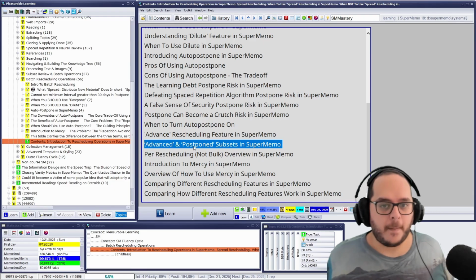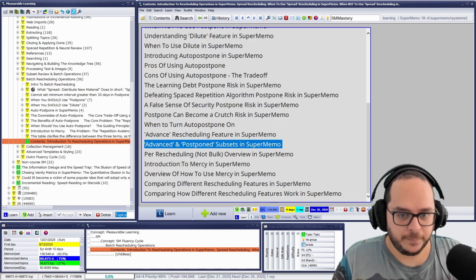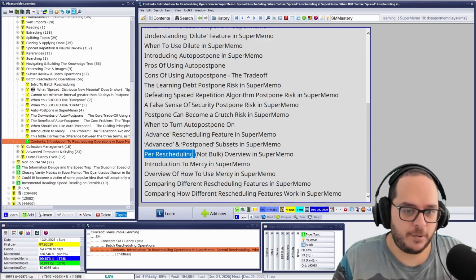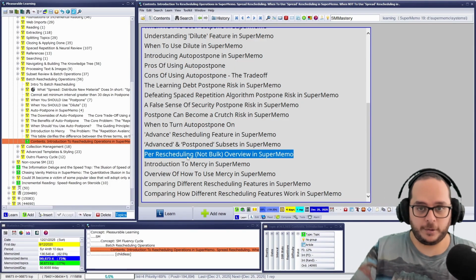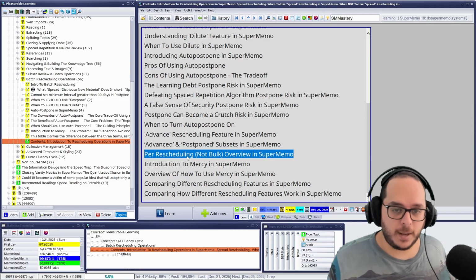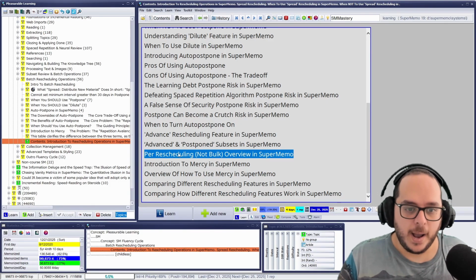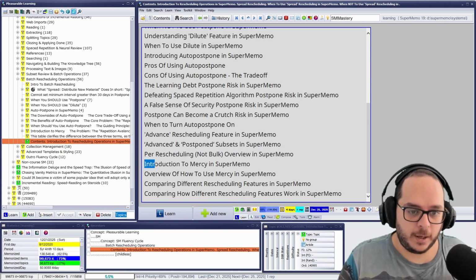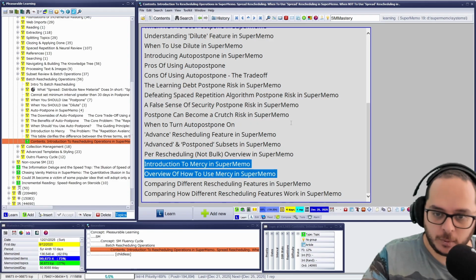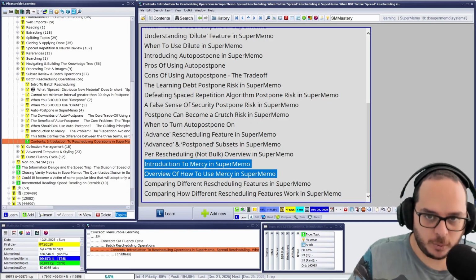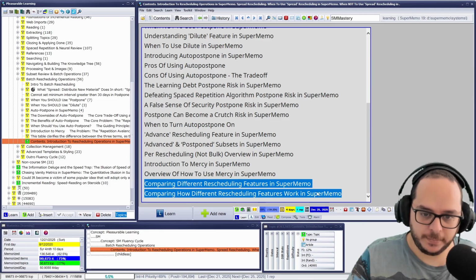But even though, we are not going to see even 10% of those. Then we'll see rescheduling per element, not in bulk, in contrast, so we're aware of what can be done per element and in bulk, which is not exactly the same. And finally, we will see an overview of Mercy, how to use it. We're not going to use it. It's way too advanced.